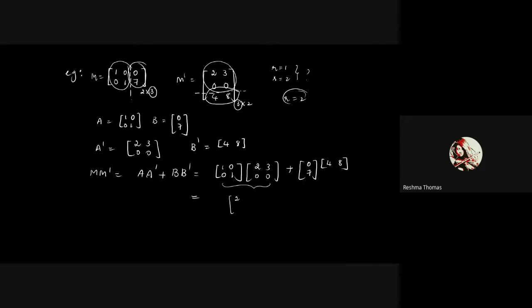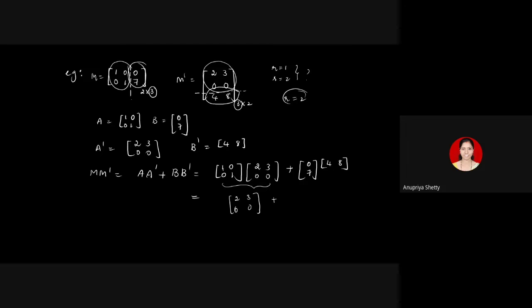Yes, ma'am. Look at the first matrix. What is the first matrix here? 1 0 0 1. What is it? Identity matrix. Identity multiplied with any matrix is what? Same. So the answer is 2 3 0 0. Right. So you don't have to make any calculation, right? It's almost clear, because we know that this is right.